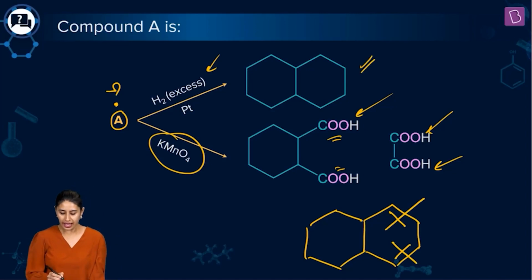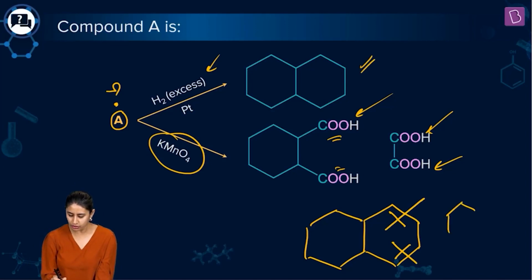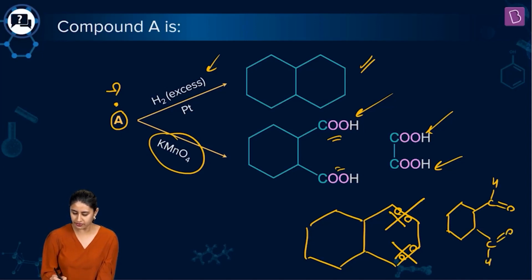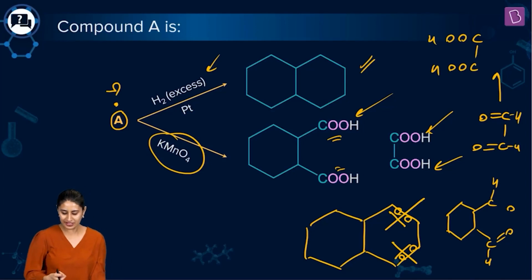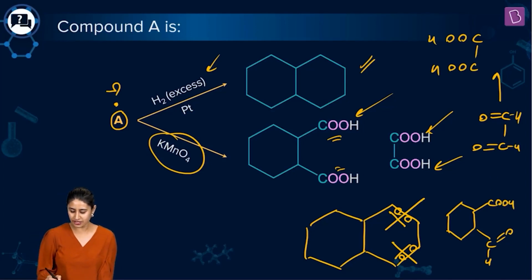And let's see what will be the products here. Let's cleave it and see what we get. So this cyclo ring as it is, and here we would get C double bond O and H. And here we get O, C, H. You know that this is what can further oxidize to acids. Whenever aldehydes are formed, they're further oxidized to acids. So we get COOH here and a CHO here. Is this what is given to you in the question?